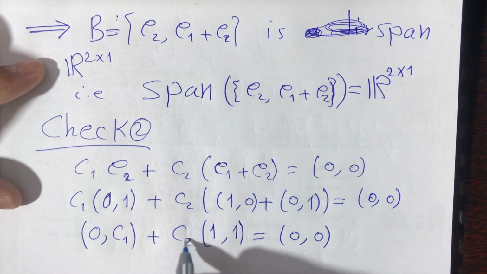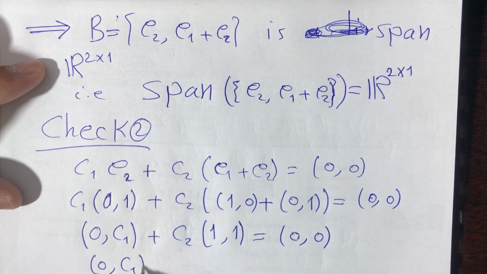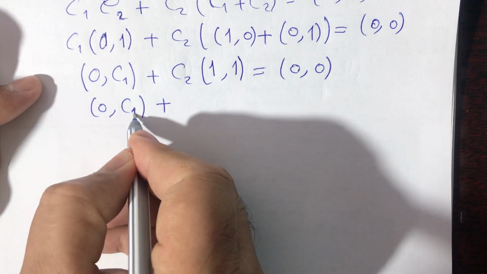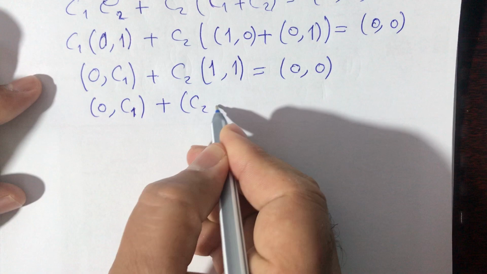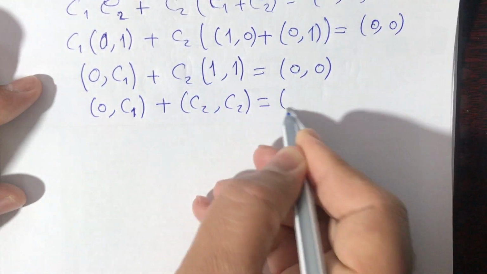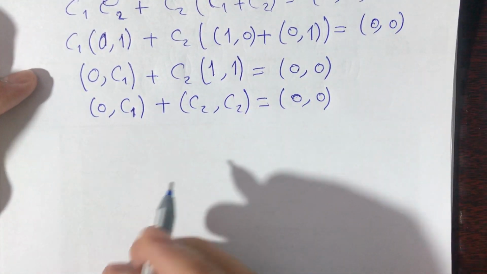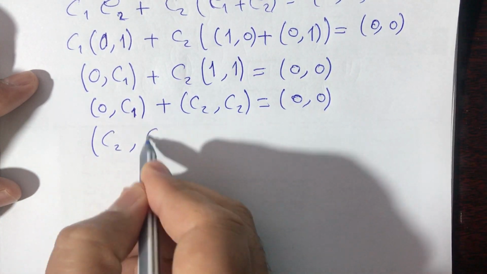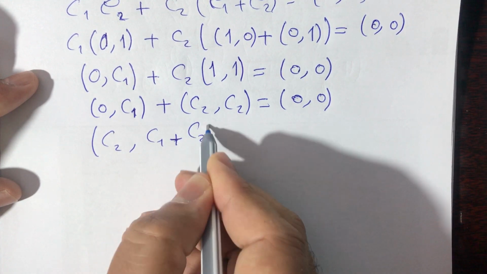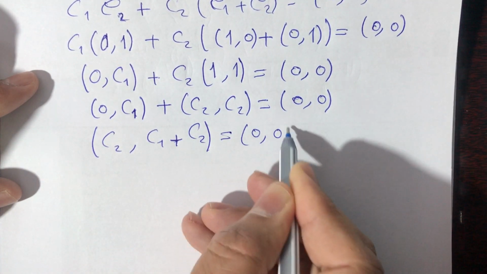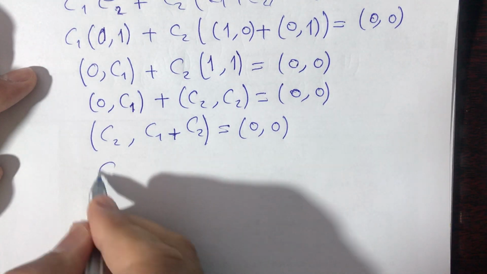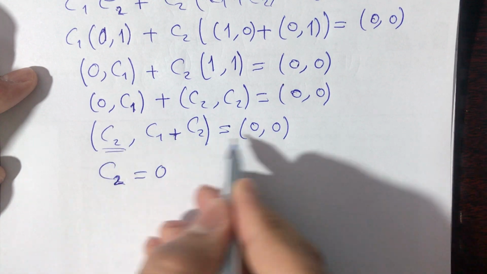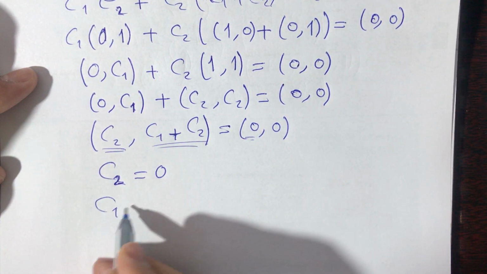And here we sum: 0 plus C2 will be C2, and here C1 plus C2 equal to 0 0. Now we get from this system C2 equal to 0, and C1 plus C2